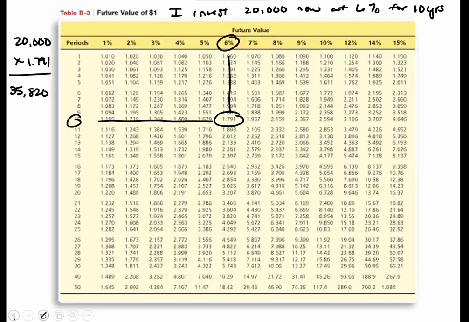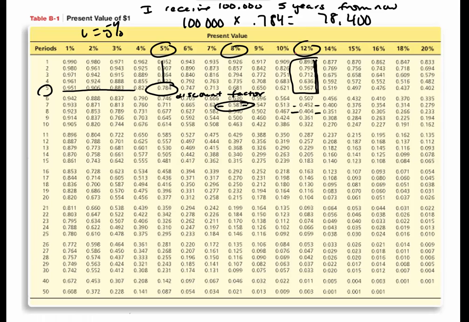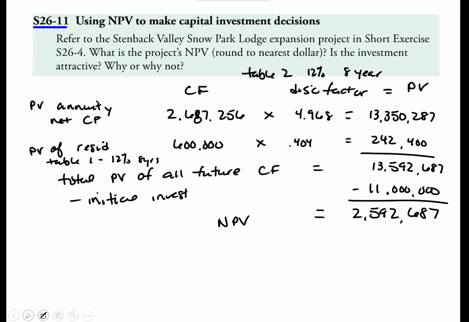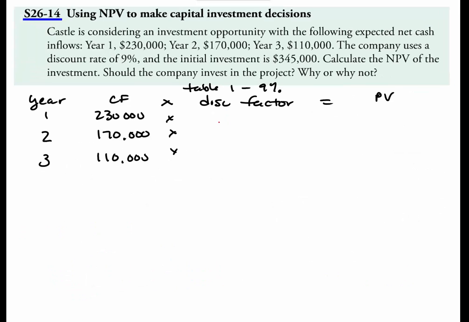So if I go back to, I know it's a lot of flipping, I'm doing 9% now. So it means I'm going to take 0.917 for year 1, 0.842, and 0.772. So those are the ones I'm going to plug in to here. So 0.917, 0.842, and 0.772. So that gives me a present value of that first year's cash flow of